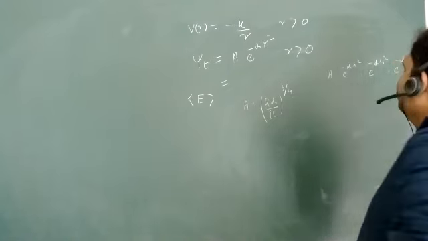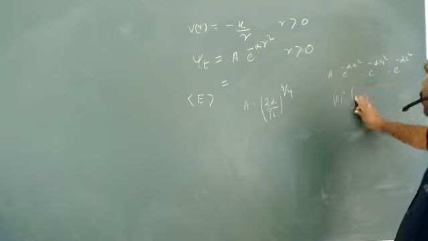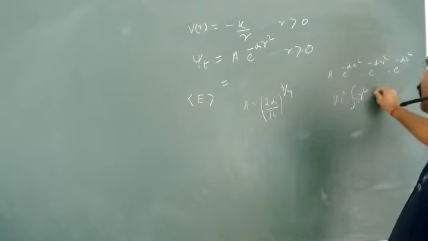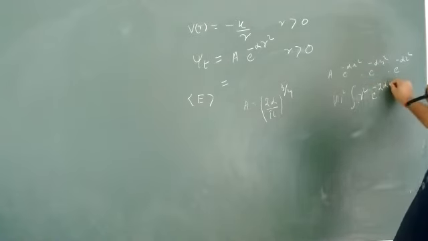Yes. You can calculate from here as well, with dx dy dz, or else you will calculate mod psi, sorry, mod A square r square e to the power minus 2 alpha r square dr sin theta d theta d phi. You calculate from here, and from both the value will come out the same.